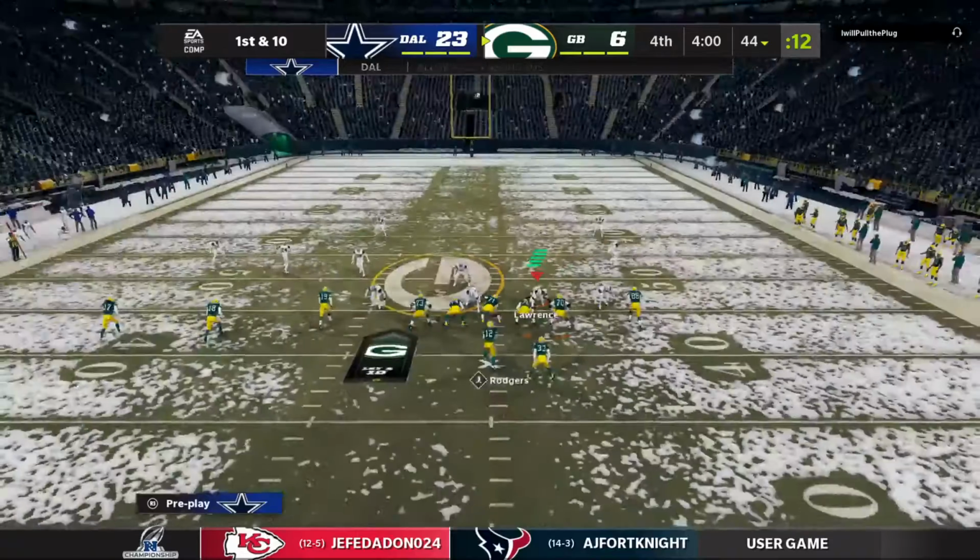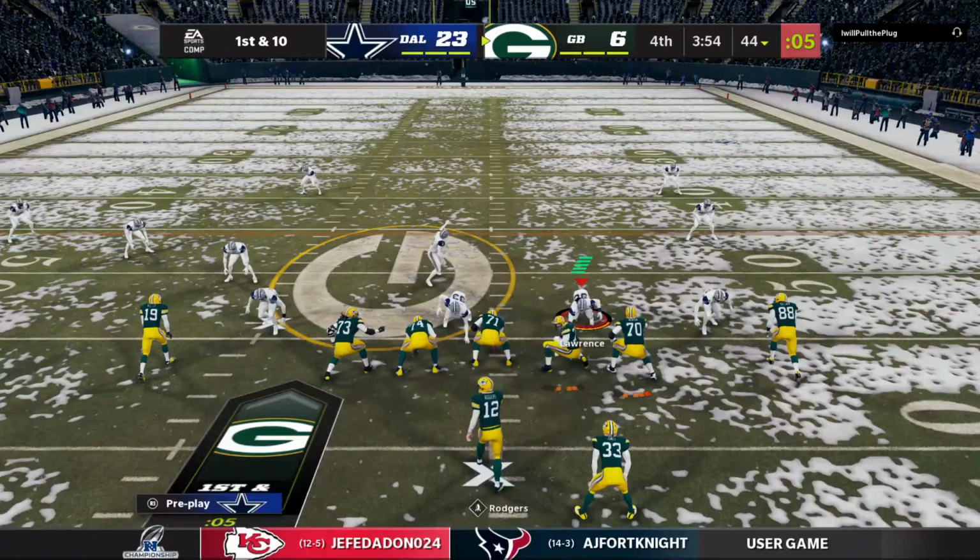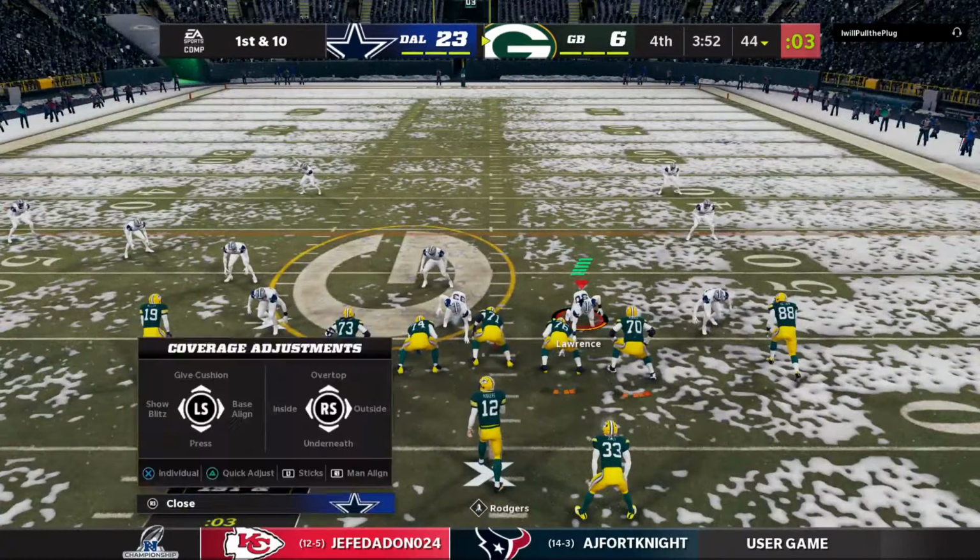Check Mike 6, Mike 6. Hey, here we go. Watch the pass. Check 3, check 3, check 3. Here, Mike. Hey,